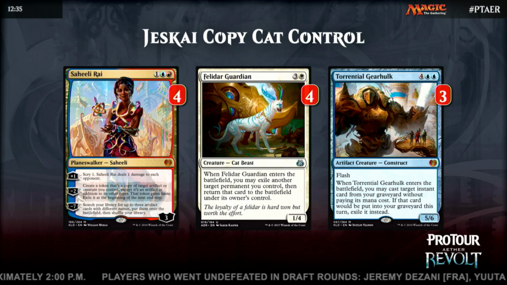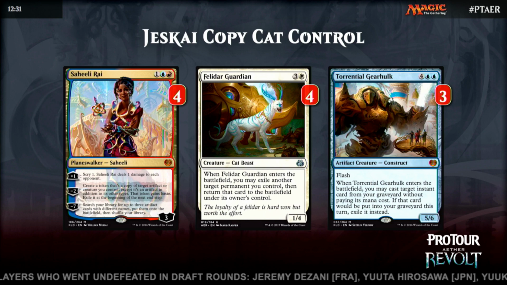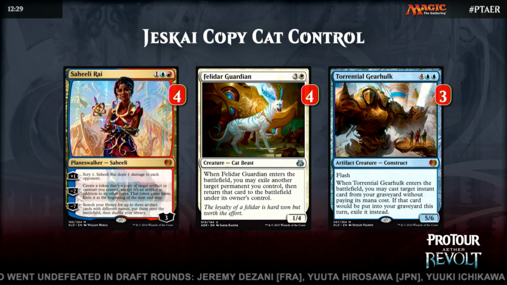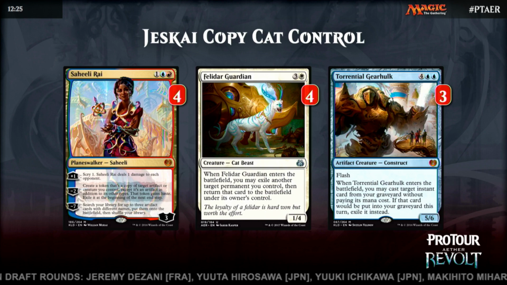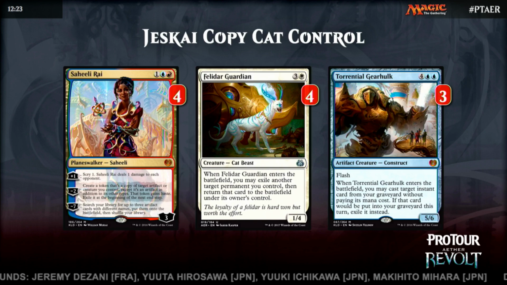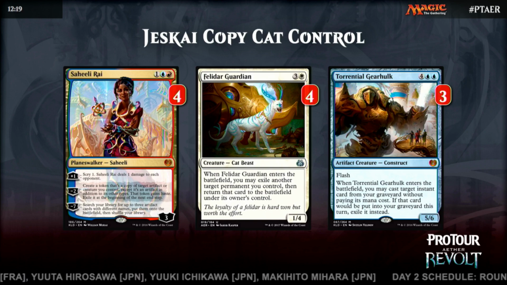But in this particular case, you're blinking your Saheeli Rai off the battlefield and back onto it, and she'll come back as sort of a new game object. She comes back with 3 loyalty, and her ability hasn't been used yet because she's a new object here. So what you can do is, if you have the Felidar Guardian on the battlefield, you play Saheeli Rai,